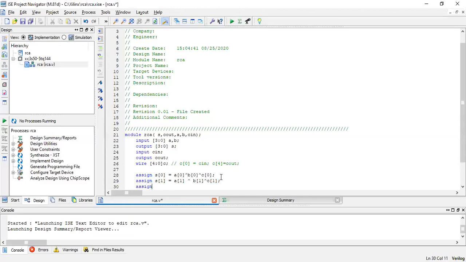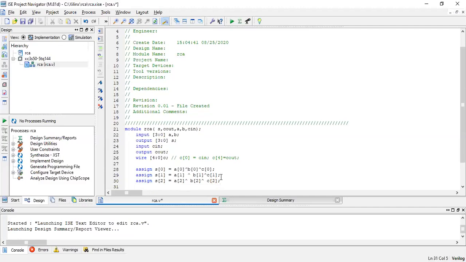What is the third bit? Assign S of 2 is equal to A of 2 XOR B of 2 XOR C of 2.